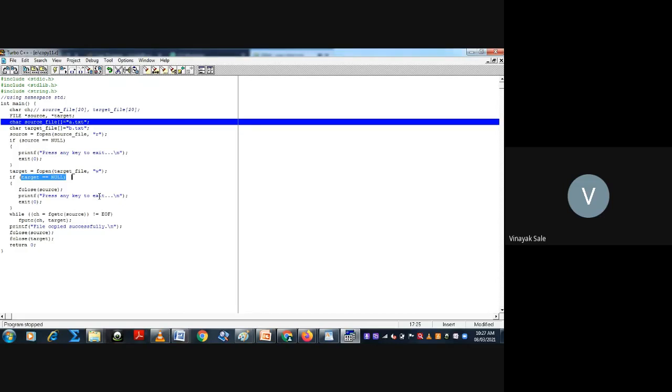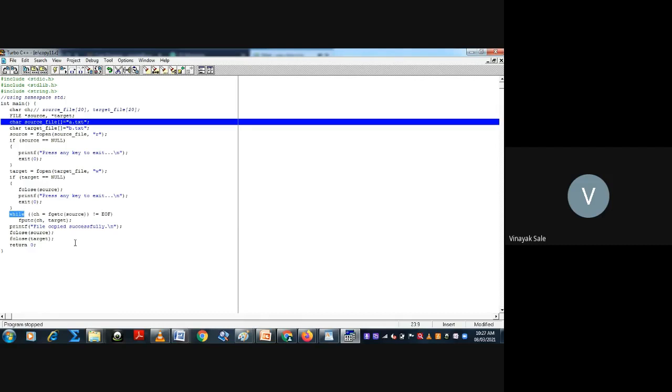If this condition becomes false, that is, whatever is in the source file is copied and written into the target file, go to the while loop. Character is equal to fgetc from source.